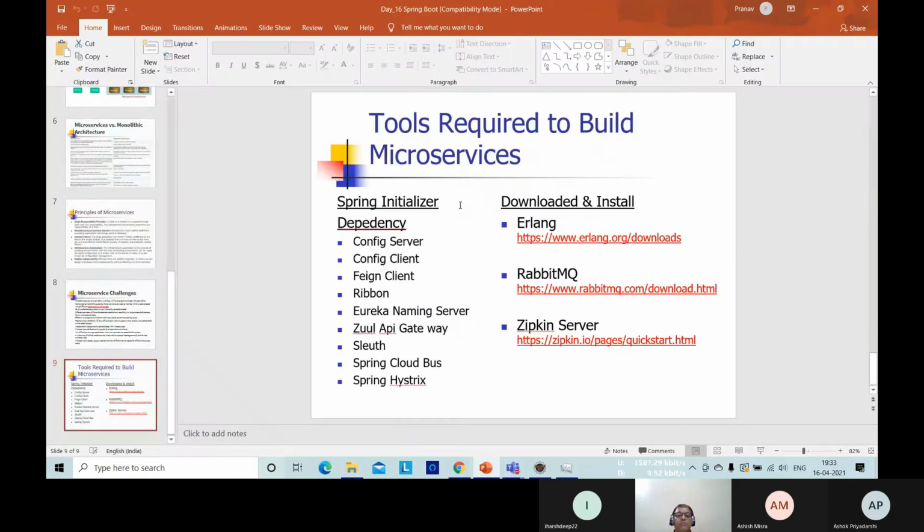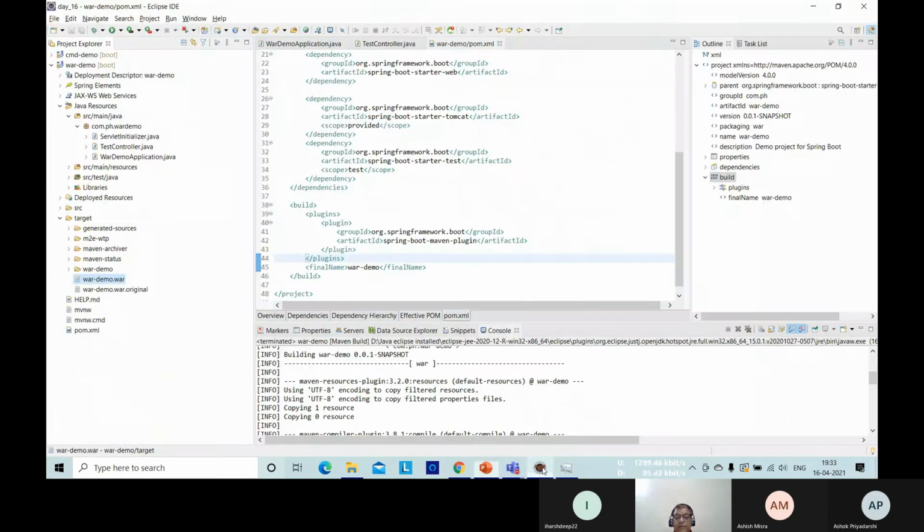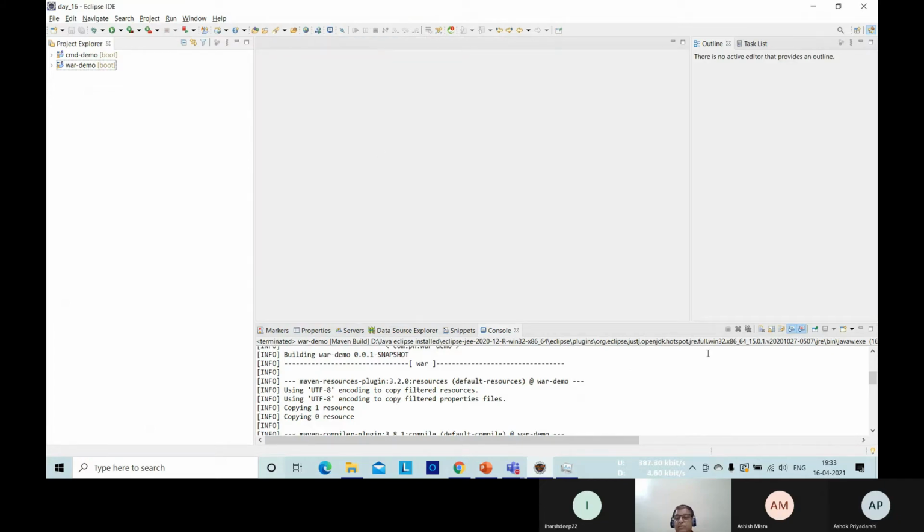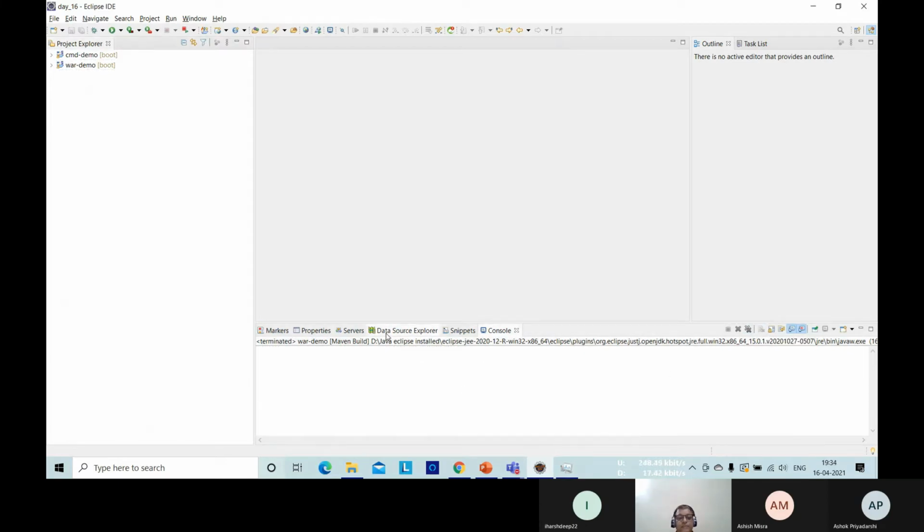Okay. Now I'm going back to my application, the Eclipse IDE. Close all. Let me clear this console also. Everything is terminated.